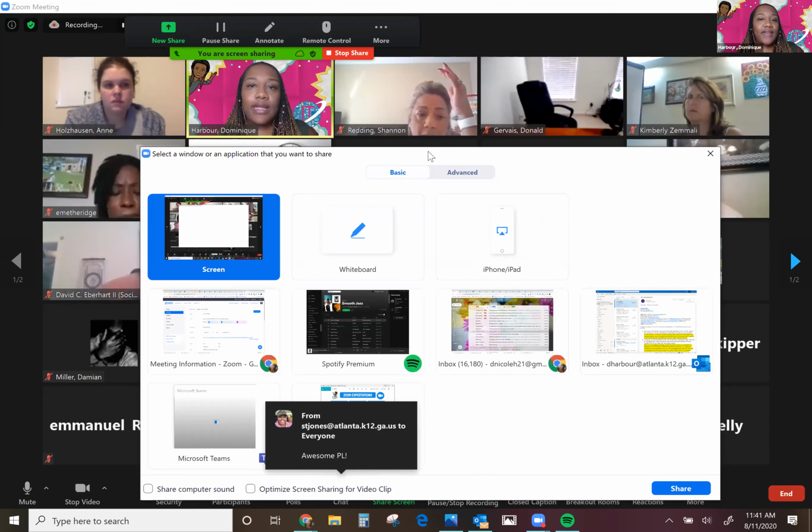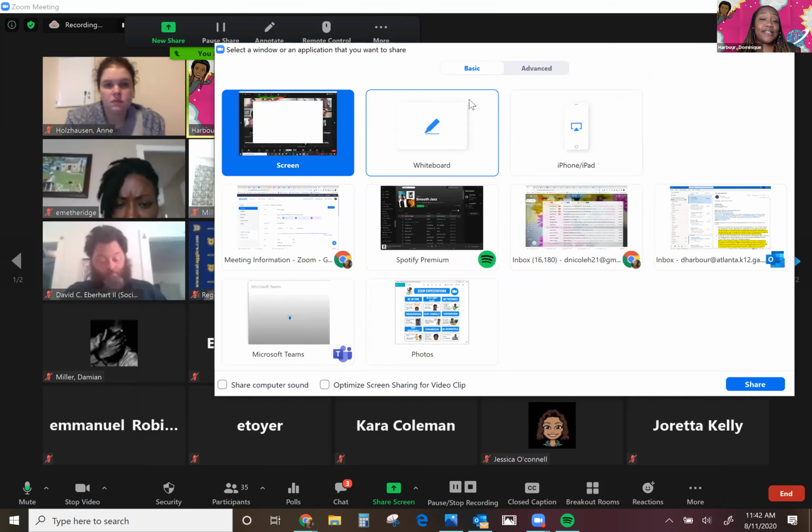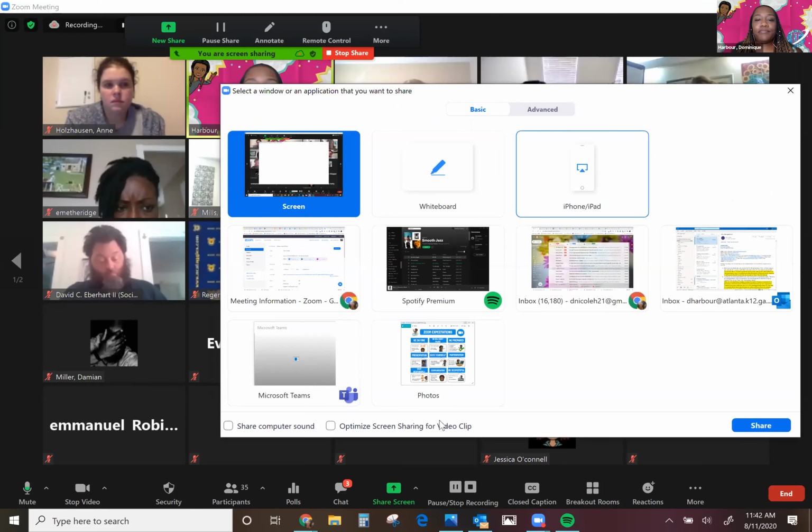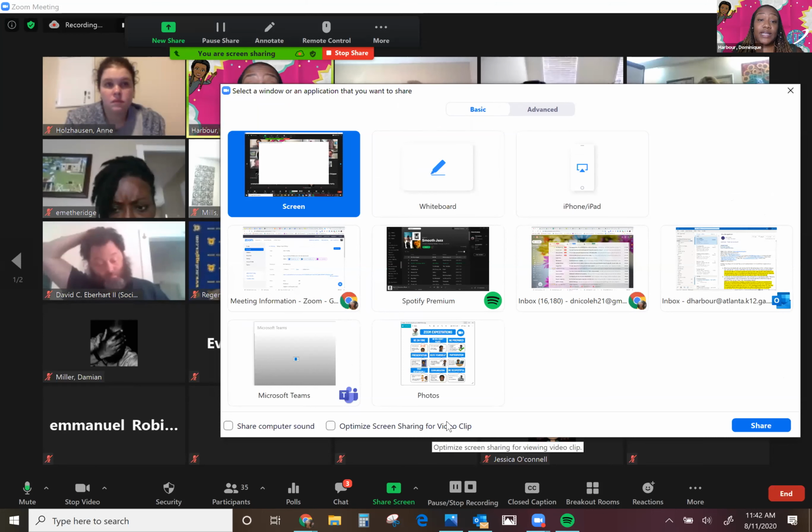So we have had a few issues with some people clicking this optimize screen sharing for video clip. My suggestion is, I honestly do not ever really click that. I've heard of some issues when people click that, it kind of freezes their screen. It makes it blurry. I've always been able to successfully share videos or anything without checking this, and also without